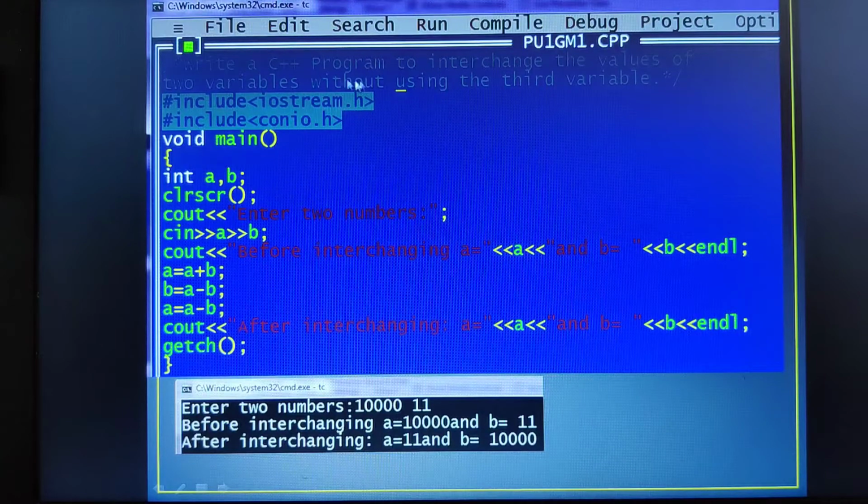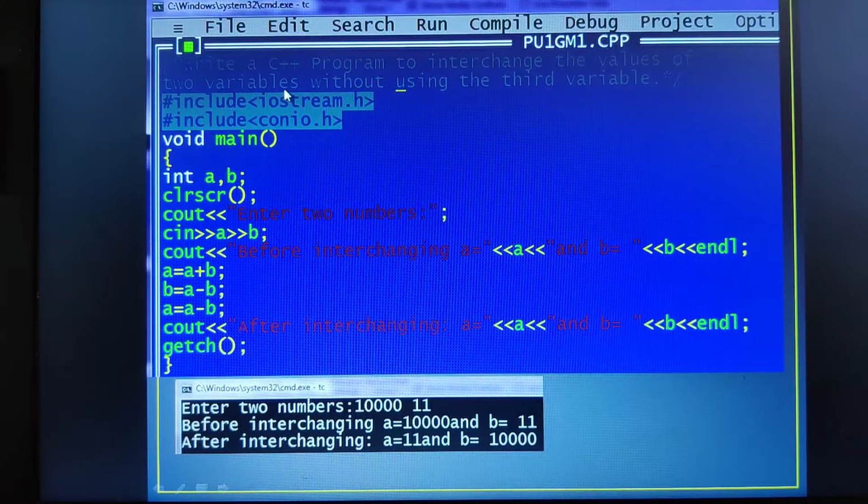So this is a comment section, therefore it is beginning with the front slash and then asterisk, ending with the asterisk and then front slash, and then followed by the header files, then main function. As we know, the program says you need to interchange the values of two variables without using a third variable, means